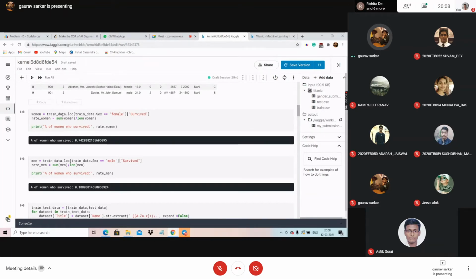What I am doing in this data set is finding the number of women who survived and the number of men who survived. I am saying that clearly the rate of survival of women is more. So if my machine predicts that the survival rate of women is high, I will feel that my model is giving almost correct results, because the insight I got from the data is similar to what my machine is returning.